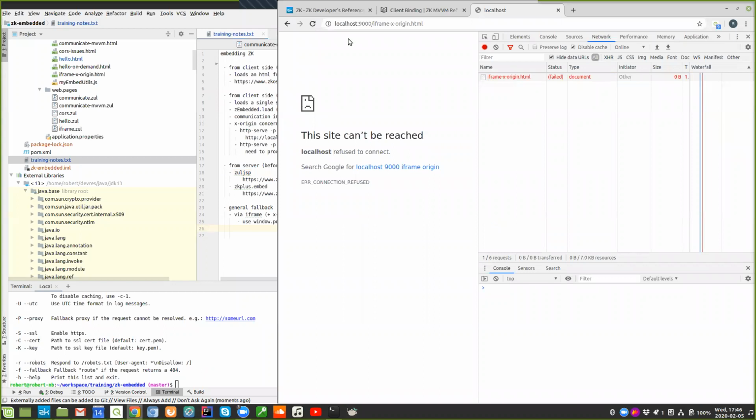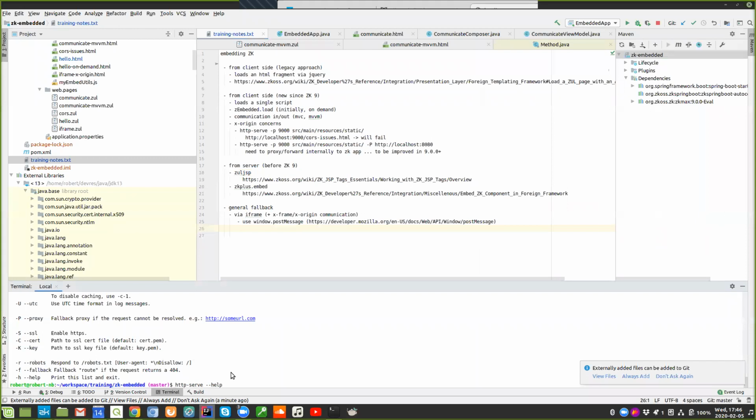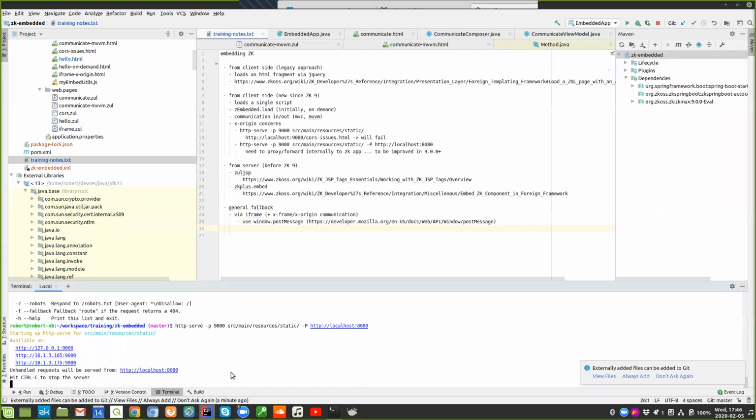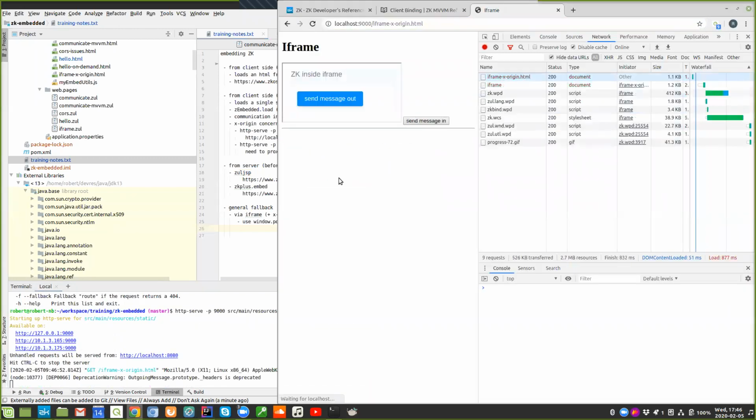Oh, my server is not running anymore. Just go back to, no, we stay at port 9000 and do this. Okay. And now ZK is running inside an iframe, and this iframe is running on port 8080, which means it's a different origin than port 9000, the outside. So these two frames cannot access each other. You can't access the DOM nodes inside the frame if you wanted to send messages to ZK. So you need to use